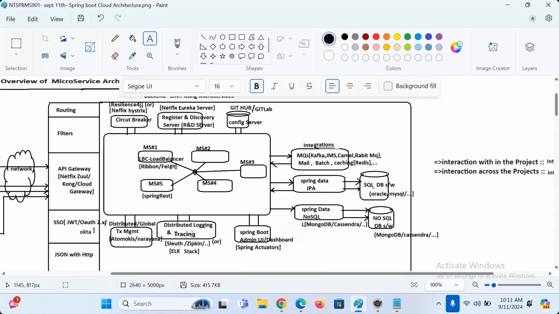I already said, na? One microservice, one log file. 10 microservices, 10 log files. I need a single place to see log messages of all the log files. Then we have to work with ELK stack. Super. Next, Spring Boot Admin UI and dashboard.